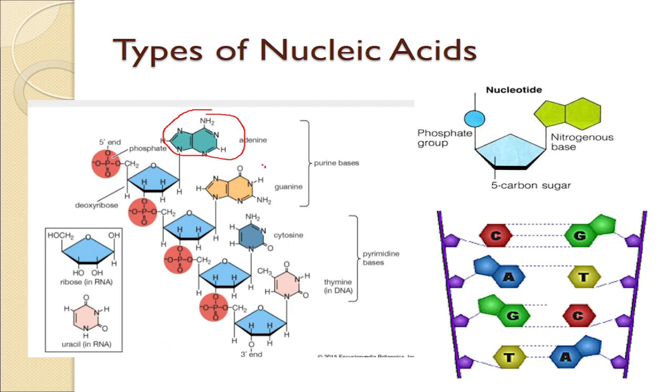So we have another nitrogenous base, which is guanine. All right, so this is adenine. We need to say this is adenine. So this is A, this is G. So where is that? So this is A. And this is G. And where is C? C is somewhere right here.